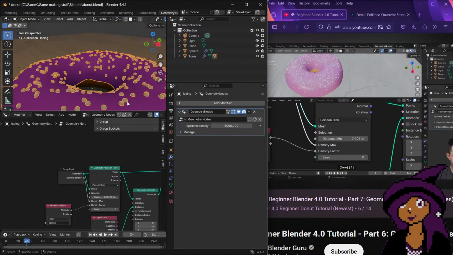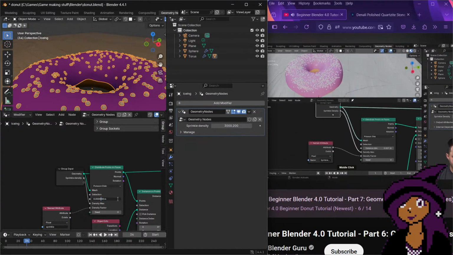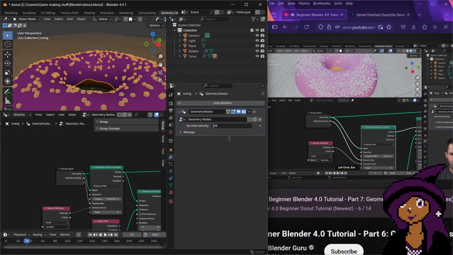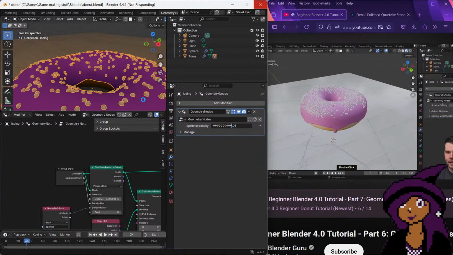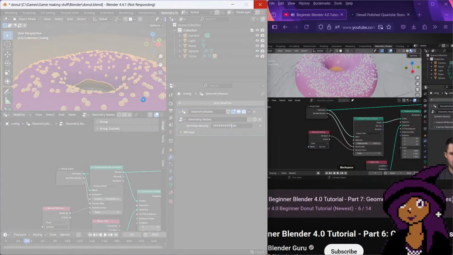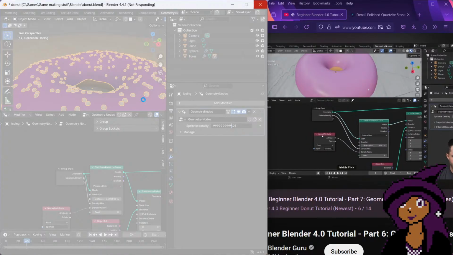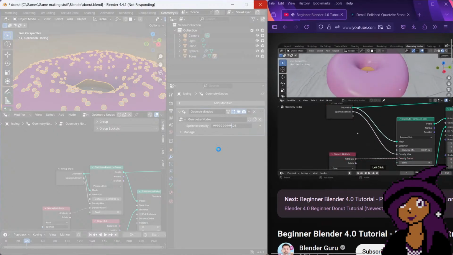And let's see if I can increase this. Yeah, so if I want this density to be really dense, I would have to increase it to a crazy number. Now, something I like to do personally, you don't have to do this, but you notice how this number is really large. If I want to increase or lower my sprinkle value, and I'm in a different part of Blender, just dragging this value has no effect because the scale of it is so large. So what I actually do is set it to a value that I think makes sense, which in this case I may have overdone it. Then I do a math value inside of my geometry node setup. Between here and here, I do a math calculation